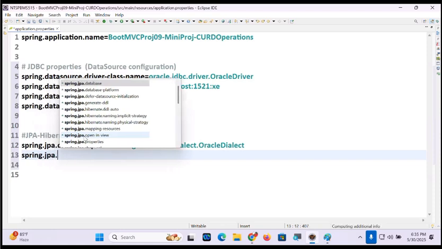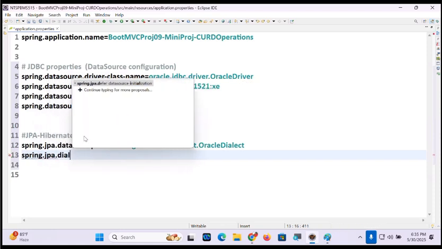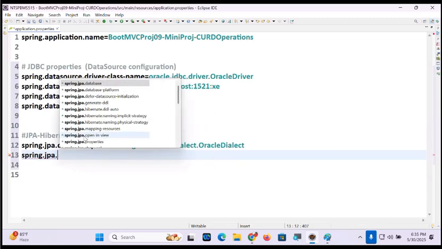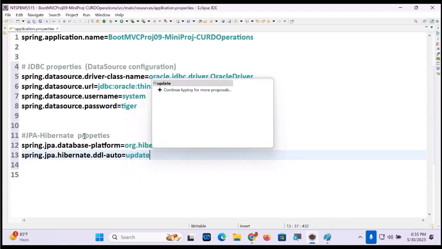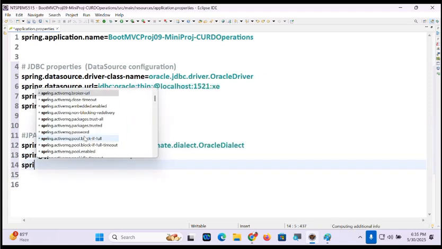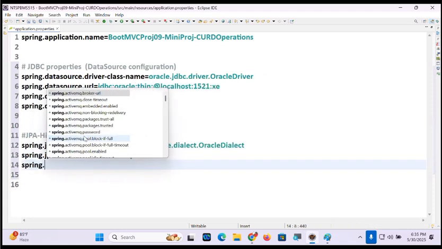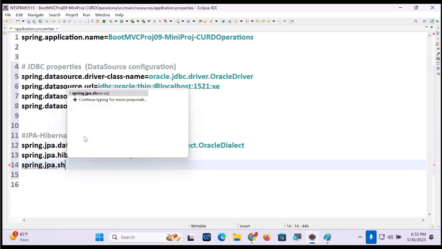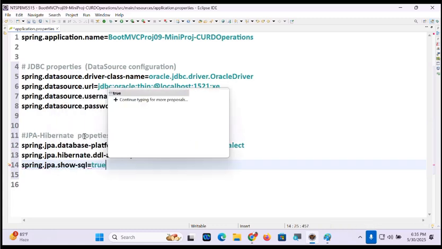Spring dot JPA dot hibernate dot ddl-auto, update. Spring dot JPA dot show underscore SQL true. This is done.